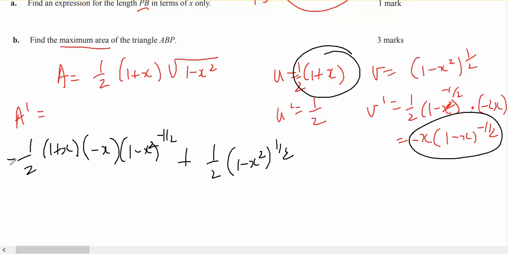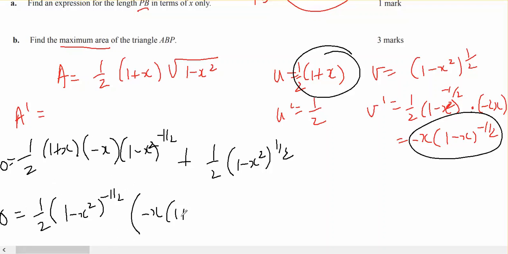I need to factorise because I need to set this equal to 0. So when I factorise, I can take out a half. I can take out a 1 minus x squared to the negative a half. And then I'll be left with, on this side, negative x times 1 plus x, because the half went out and this factor went out, and then plus, the half's gone out, and I'll have 1 minus x squared